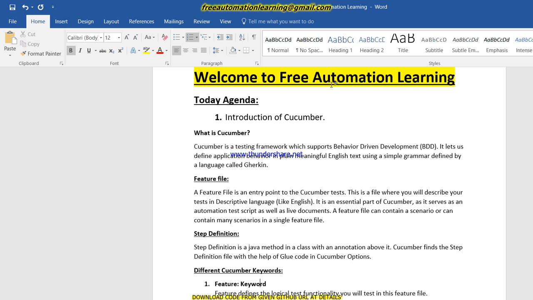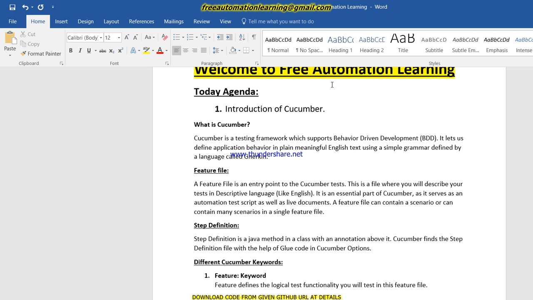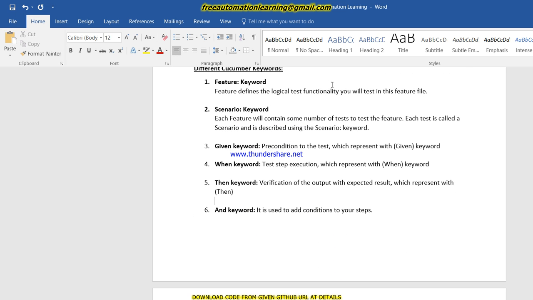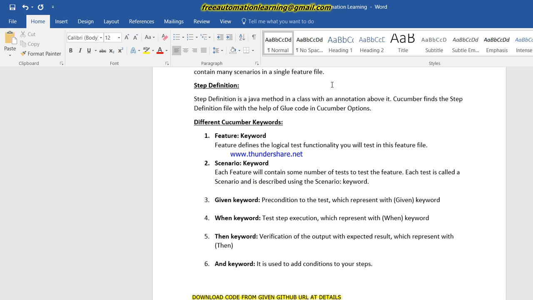And there is another file which is present in Cucumber, that is the step definition file. So what is a step definition file? In the step definition file we write our code, our Java methods for what we wrote in the feature file, right?